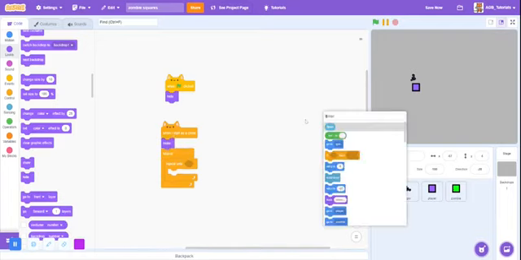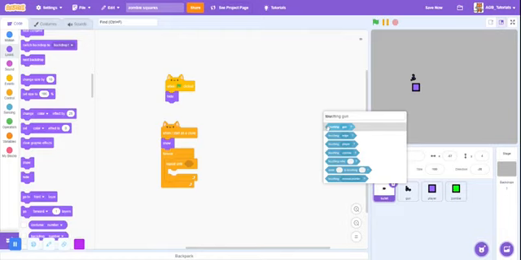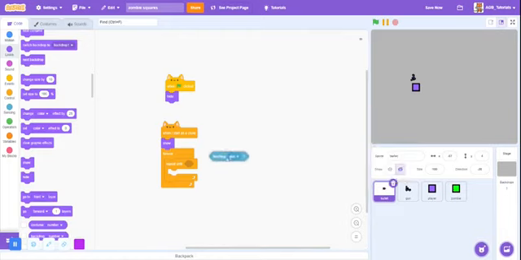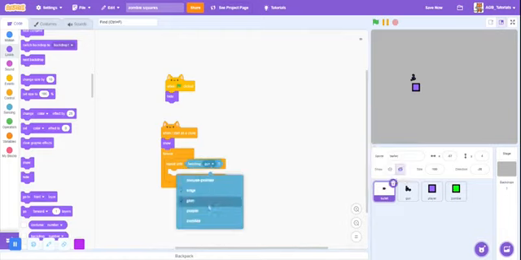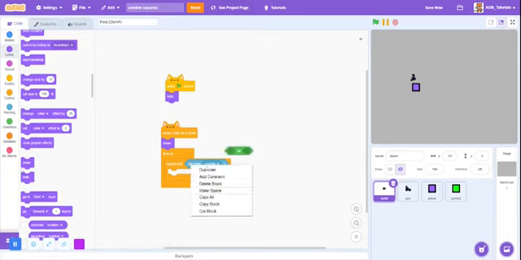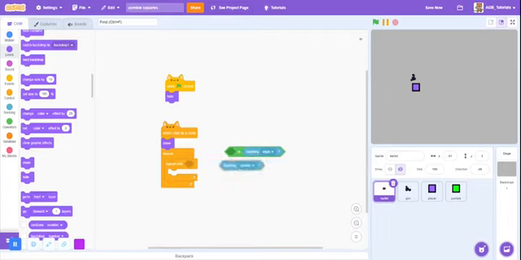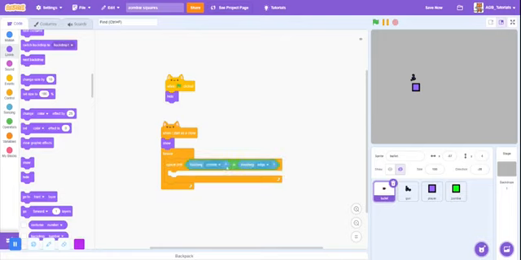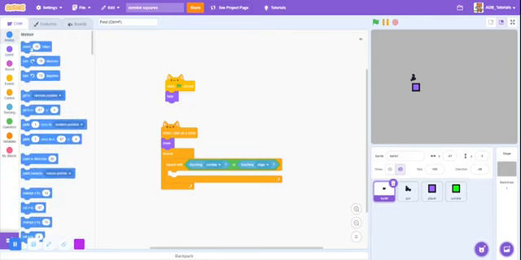and then just take a touching, not a gun but touching the zombie, or, just duplicate this, touching the edge, until that's the zombie, or go to motion, get a move 10 steps since you want it to go fast,